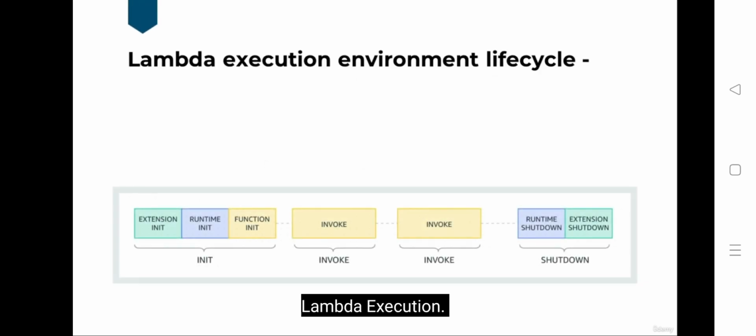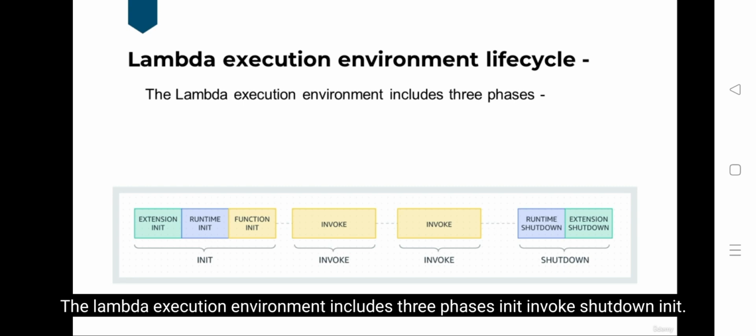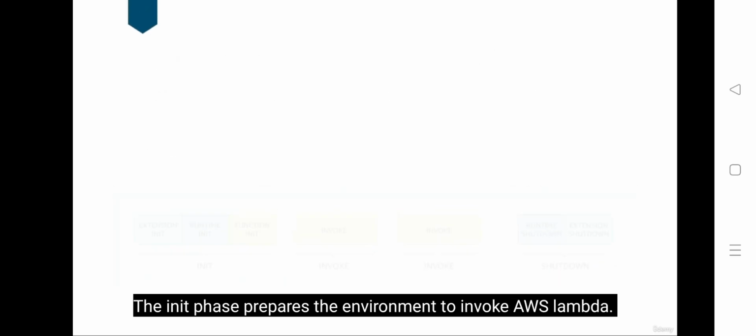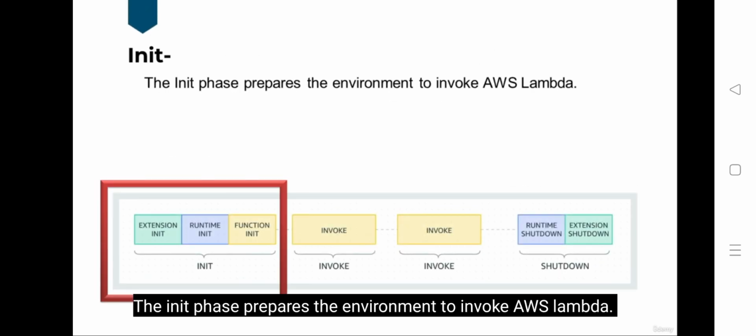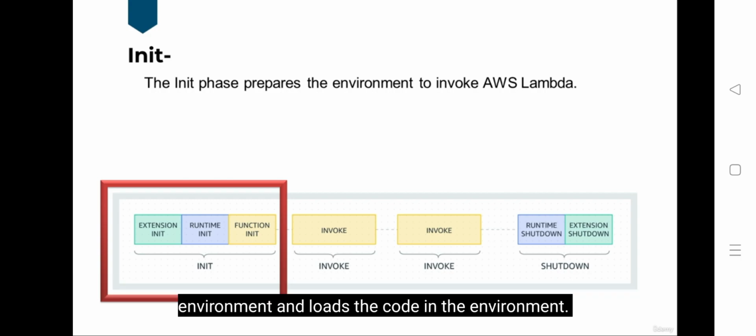Lambda execution environment lifecycle. The Lambda execution environment includes three phases: init, invoke, shutdown. Init. The init phase prepares the environment to invoke AWS Lambda. In this phase, the Lambda function downloads the code, initializes the extension with the runtime environment, and loads the code